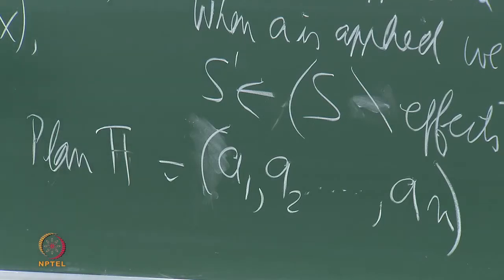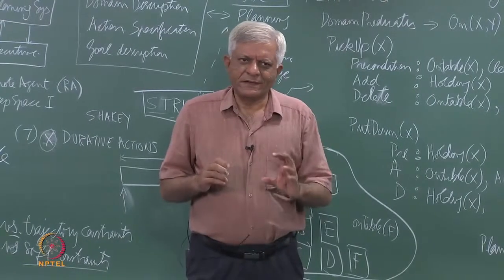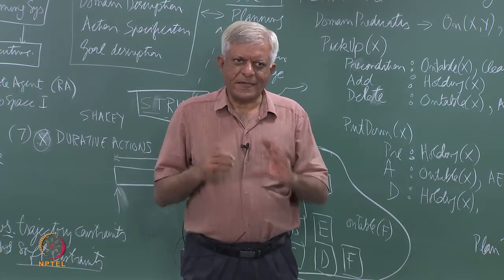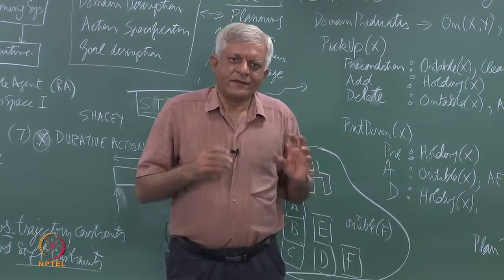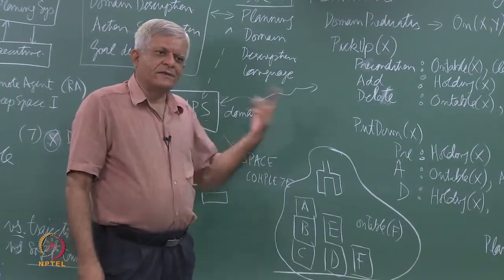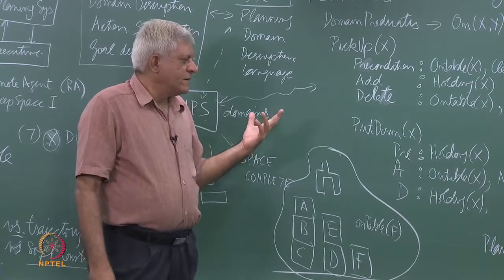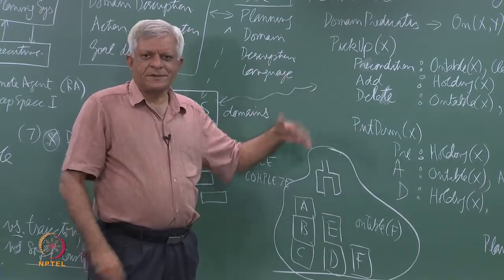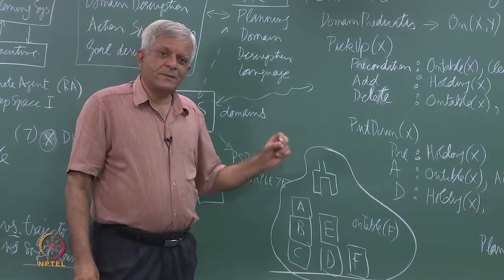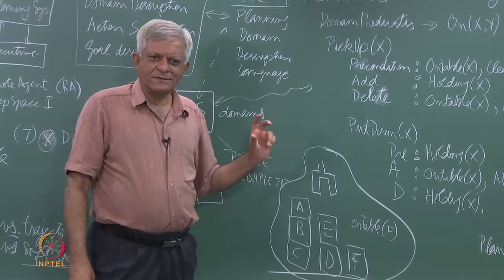So, the first thing you want to do is to write a small routine which will validate a plan, that this plan is doing my task. What is the task? The task is I have been given a start state, I have been given a goal state, and somebody tells me that this is a plan, somebody meaning some program that I have written, and I should be able to validate that this is a plan. How do I do that?